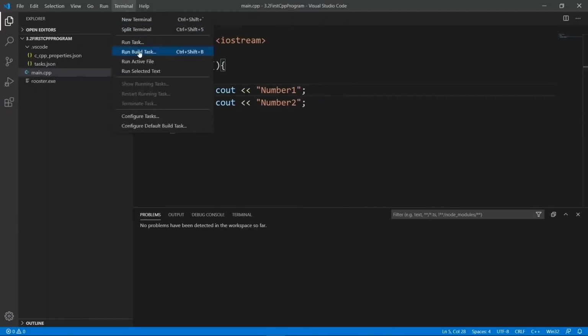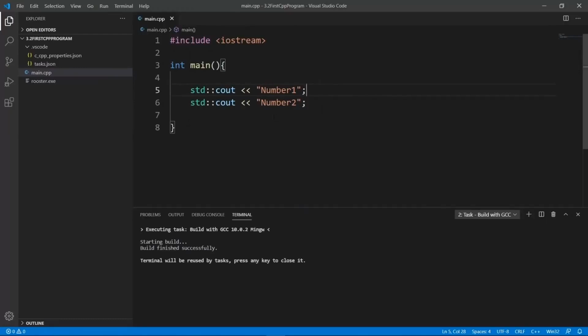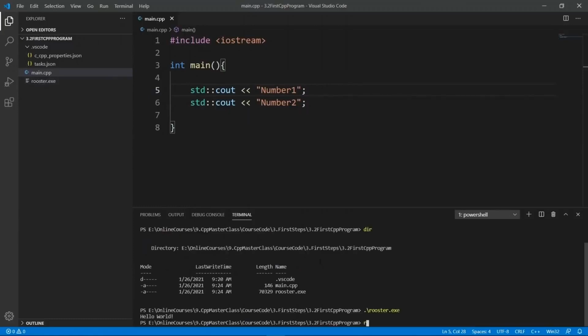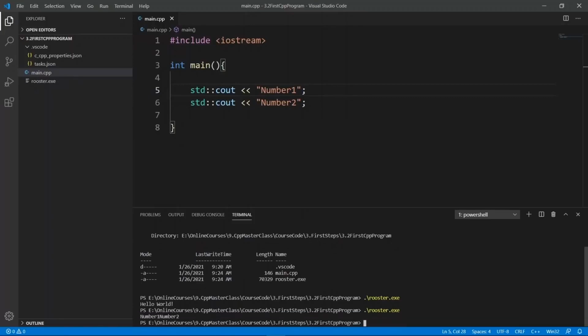Let's build this program. And if you want to build the default task, you can hit Ctrl+Shift+B for it to happen very fast. But I am always going to come here so that it is really clear what I am doing. Our program should be generated now. If we try to run it by typing rooster.exe, and again we can hit the up arrow button on our keyboard so that the last command that we ran from this terminal runs, and this is going to speed things up a little bit. So if we run this program, it should say number1 and number2 as you see here,